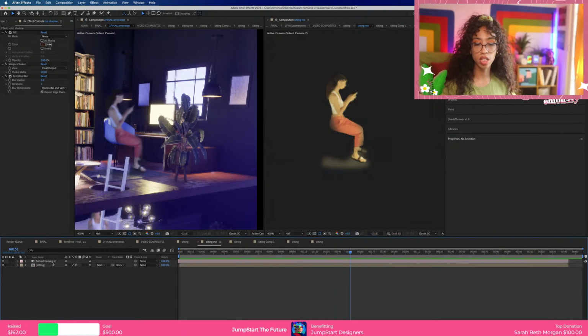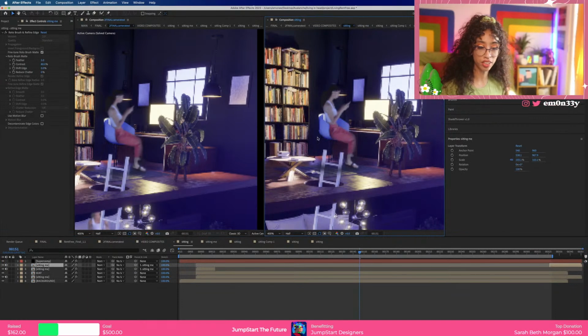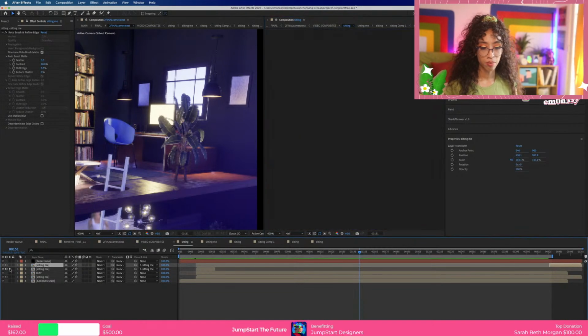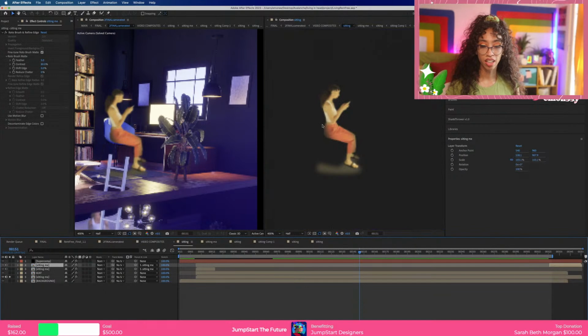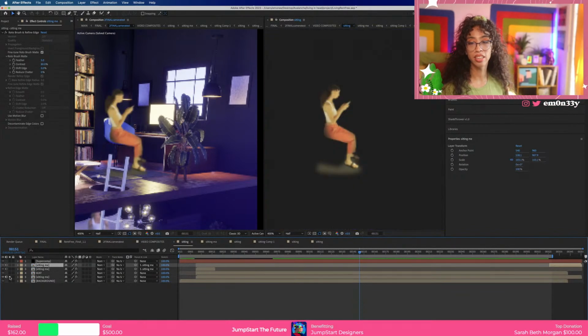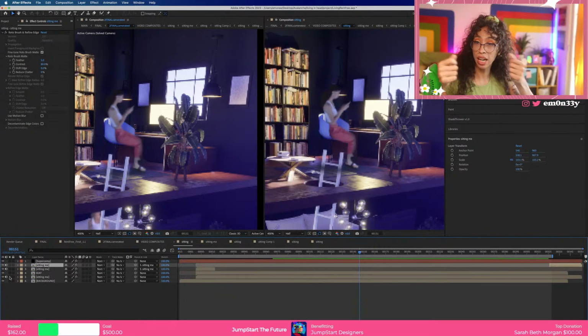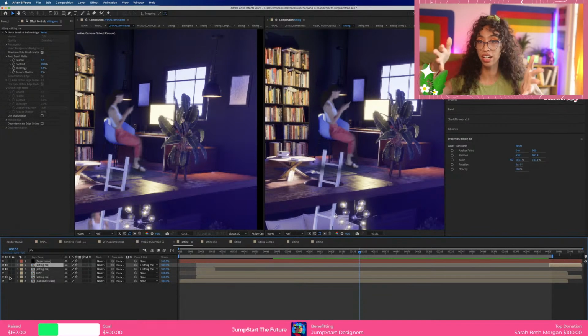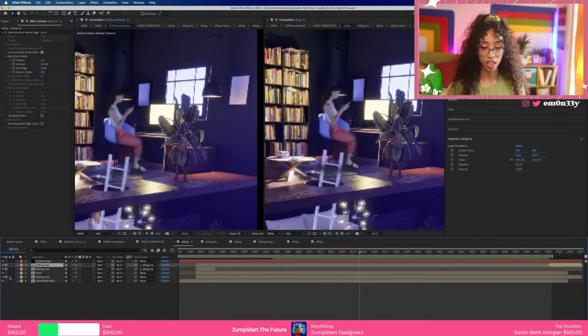For the next pre-comp, I was trying to get the chair in front of my legs, because obviously I just have me sitting. You could see that in the final, I have a chair in front of me. But because of the 3D camera change, the actual chair kind of shifts and moves, and instead of masking that out completely, what I did